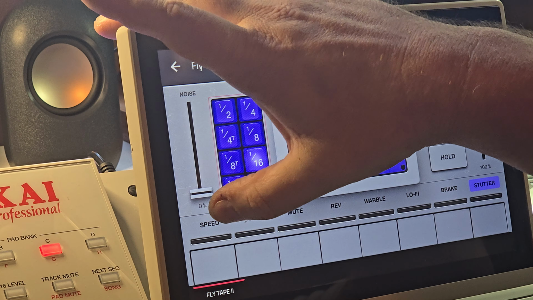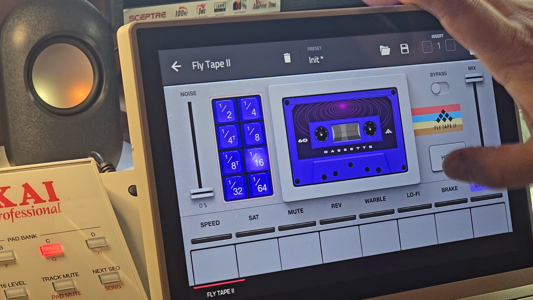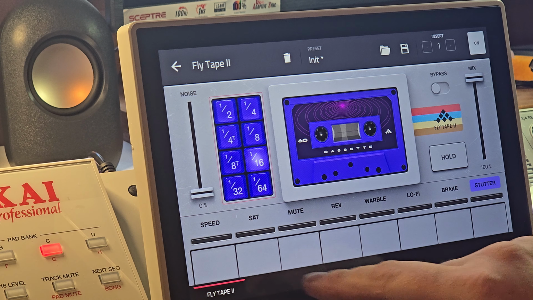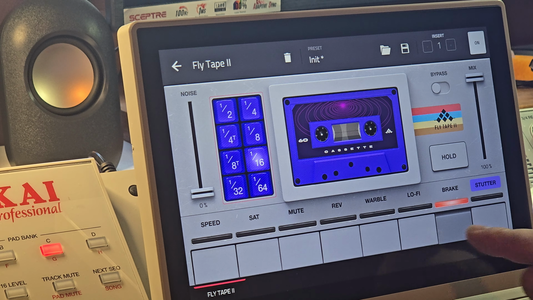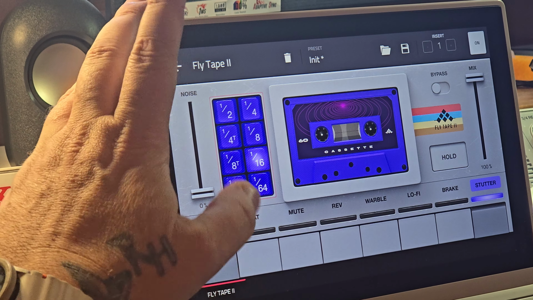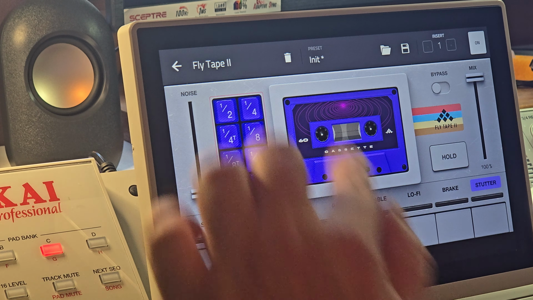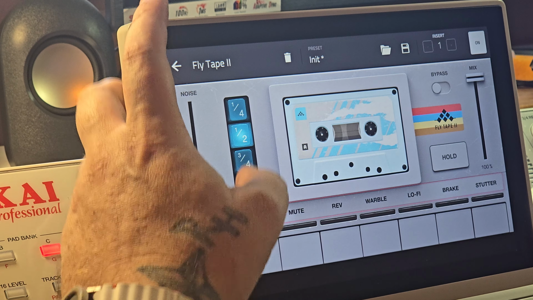So starting from the left, you have speed, saturation, mute, reverse, warble, lo-fi, break, and stutter. Now each one of these buttons can be pushed by themselves or in unison, or if you need it to hold, you can have hold like that. Not every section has one, but some have a little section for, like, the stutter has your quantization there, your speed, same thing, half speed, quarter speed,